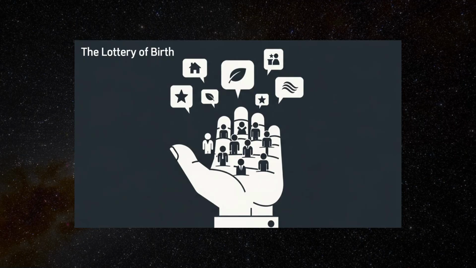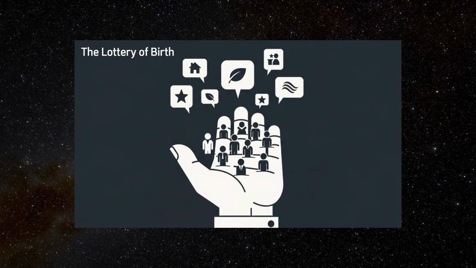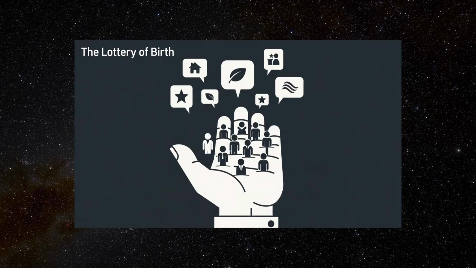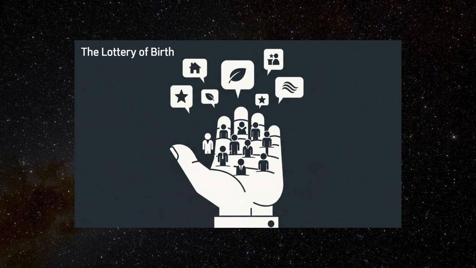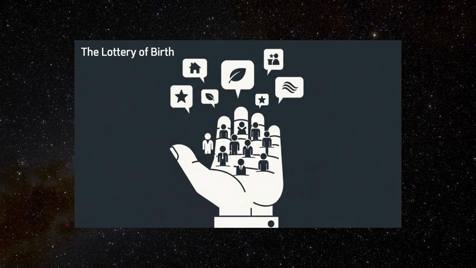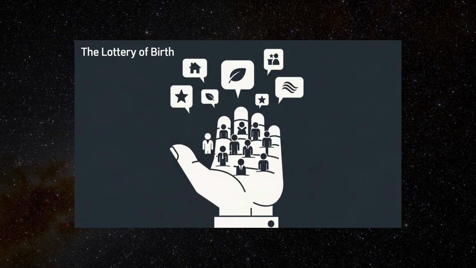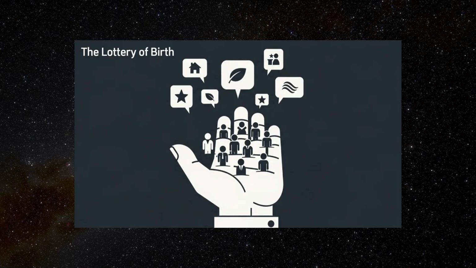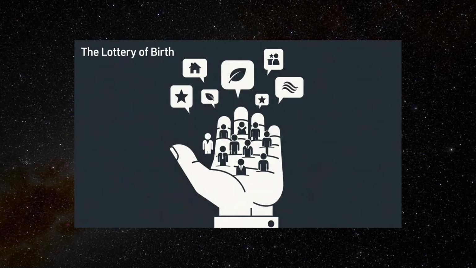In the end, the lottery of birth is not about a logical inconsistency, but a moral and societal paradox. How can we justify the enormous influence of arbitrary birth circumstances in a world that claims to believe in fairness and equal worth? It invites us to reflect on the ways we structure society and how we might better align our systems with the ideals of justice we so often profess.